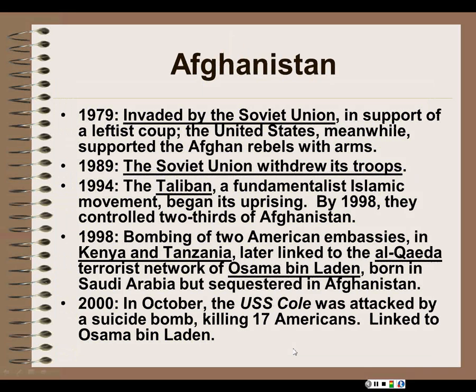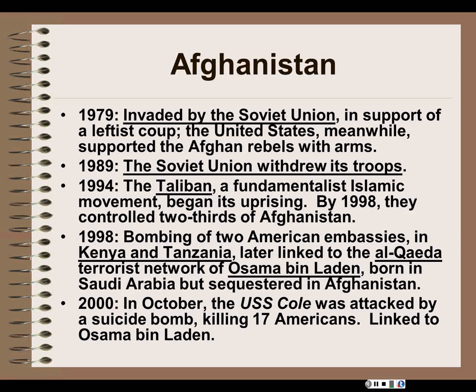Well, Afghanistan, now we turn there. Interestingly enough, in 1979, Afghanistan was invaded by the Soviet Union in support of a leftist coup there. The United States, meanwhile, supported the Afghan rebels with arms. So friends can, in fact, become enemies, as we'll see here in a moment. The Soviet Union soon became mired down in Afghanistan in a 10-year-long war and finally just gave up and withdrew